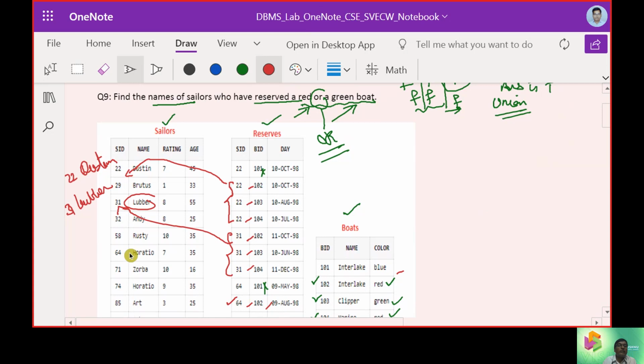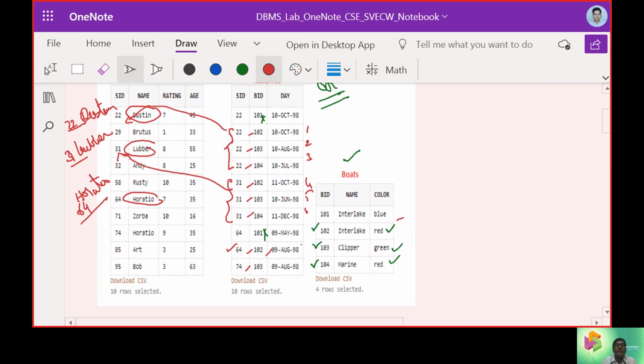His name was Horatio, and his sailor ID was 64. Now, how many times do we expect the answer to come? It should come 1, 2, 3, 4, 5, 6, 7, and 8. When we check 7, yes, it is again Horatio, and his ID was 74.